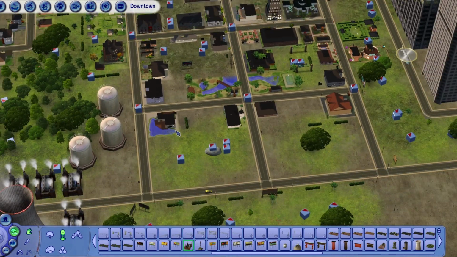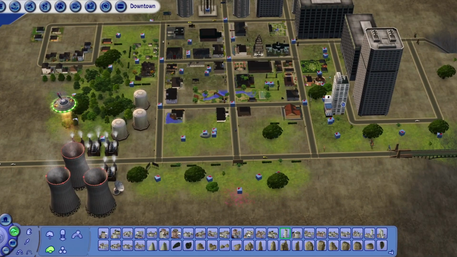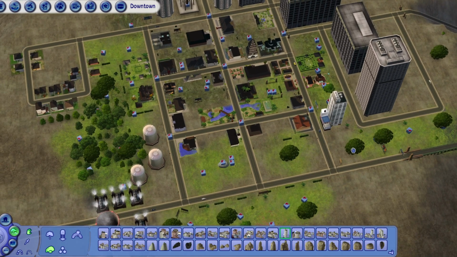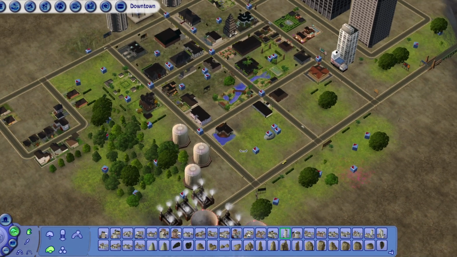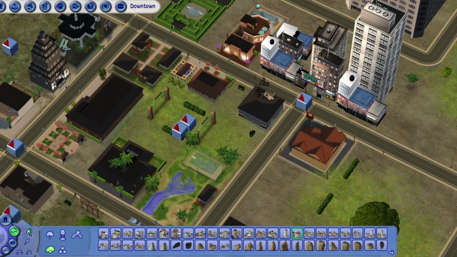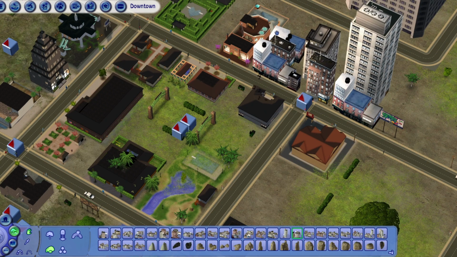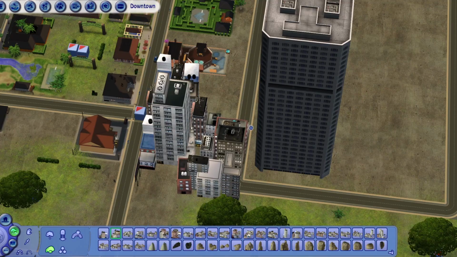I found this beautiful remade downtown called Downtown Revamp, a complete overhaul of downtown from The Sims 2 Nightlife by Dude with Dragon Tattoos. I'm going to put a link in the description down below. I did have some problems from when I downloaded it. I was going to put it in as a sub hood, but I just couldn't get it to work. I figured that's fine. He had a main hood version